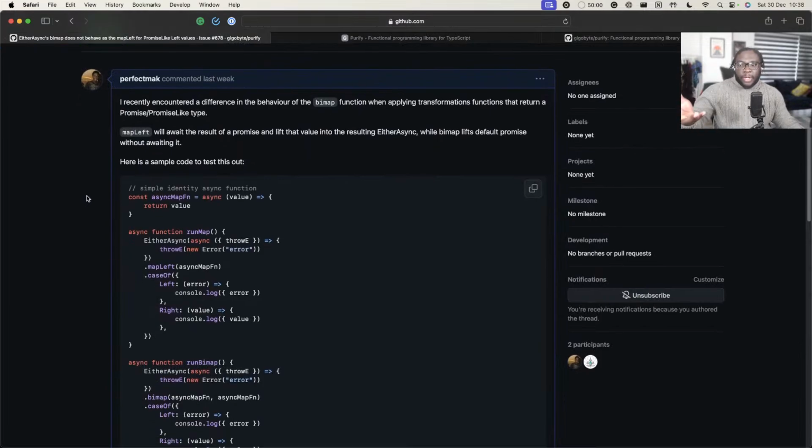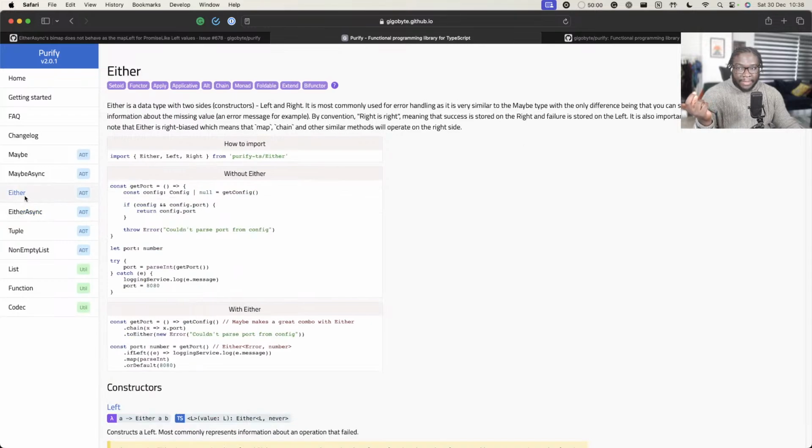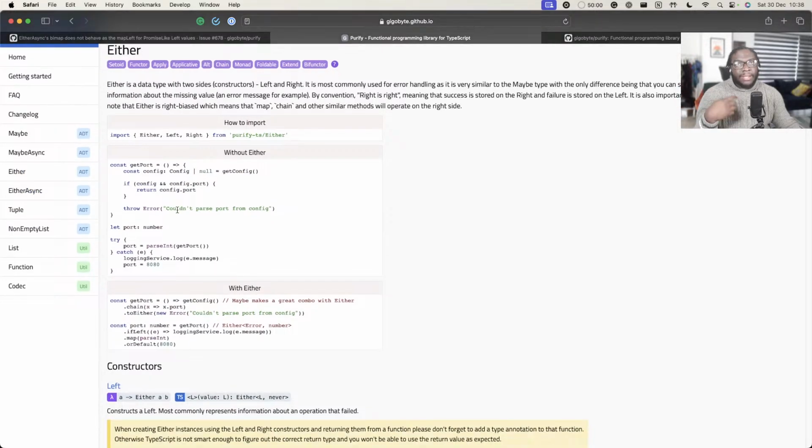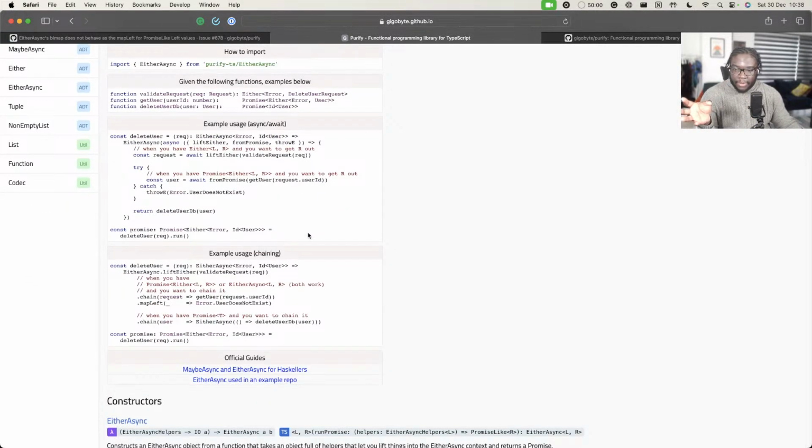So the bug description really is: the library exposes a type called Either, which can resolve to either a Left or a Right type, and there is EitherAsync, which is an asynchronous way of running some operations and either handling a Left or a Right. Typically, the Left value is used as an error, and the Right value is the actual value you want. This doesn't give a good example,